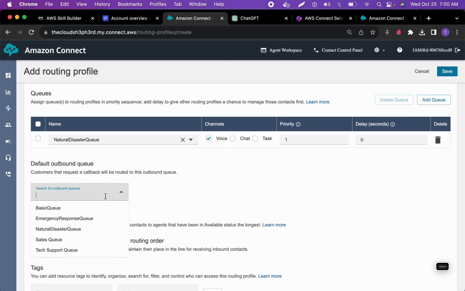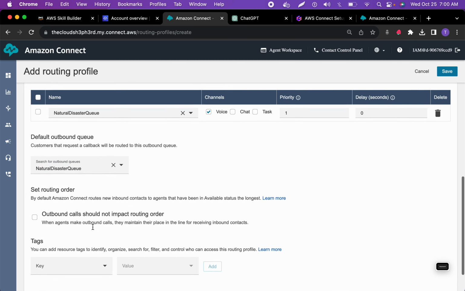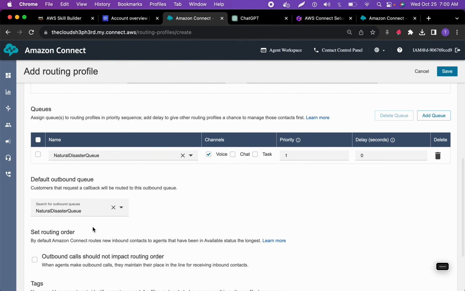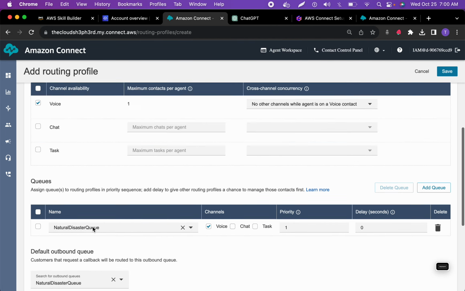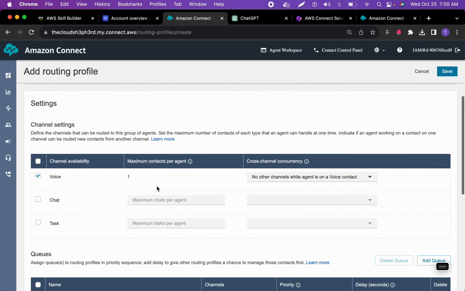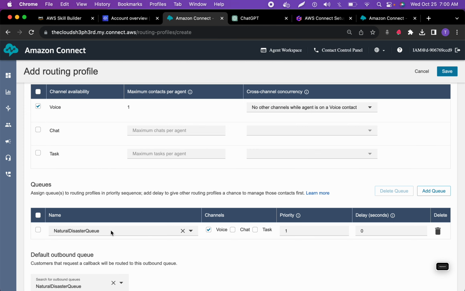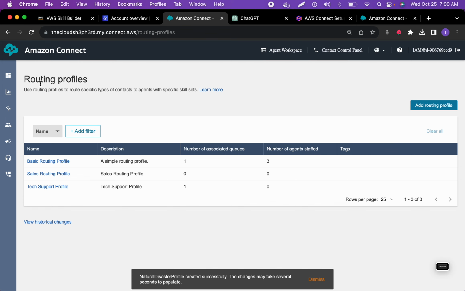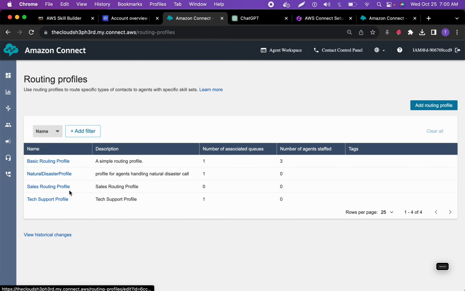And this is going to be the outbound queue, I think this is natural disaster queue. So do it like that. Okay, so that's all consistent. Now, routing profile with the matching queue. So let's save that. Let's refresh. So we have that